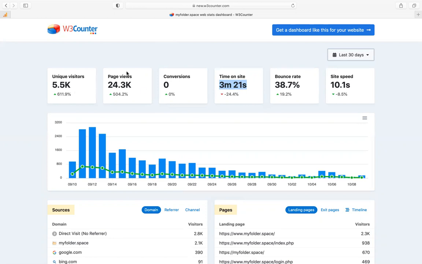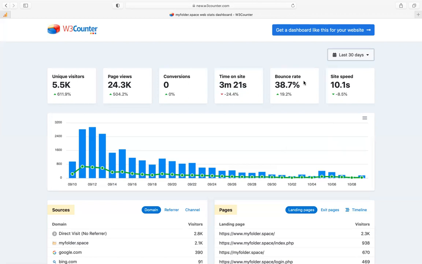Now, the number of page views, people viewing the page, coming in, logging out, logging in, is 24.3K, that is 24,000. Now, the average time a person spent on that website is 3 minutes 21 seconds. Now, the bounce rate, when we talk about the bounce rate, it is, let me say,